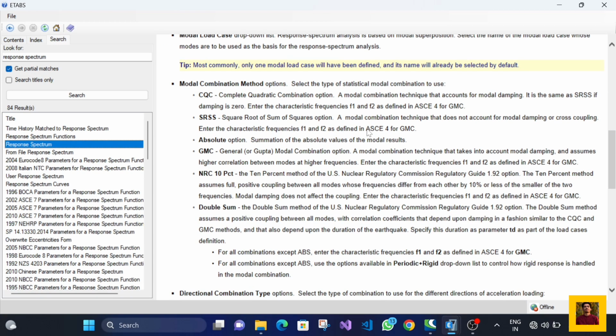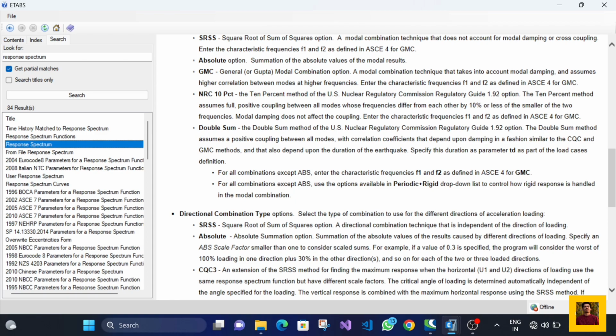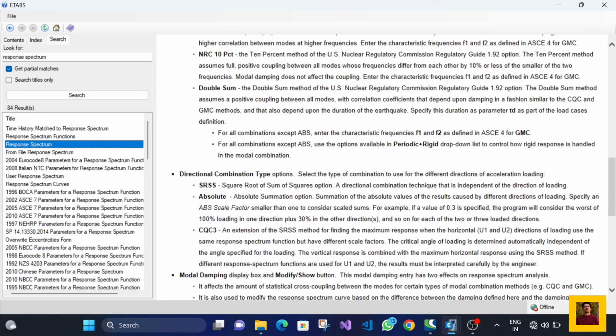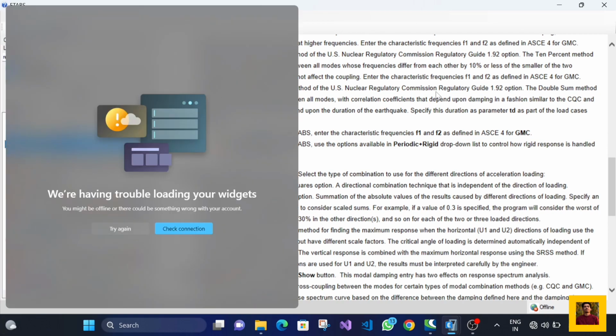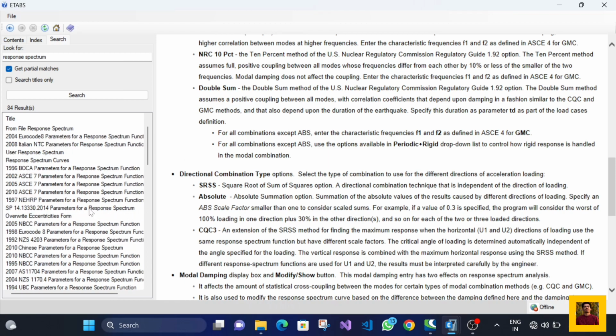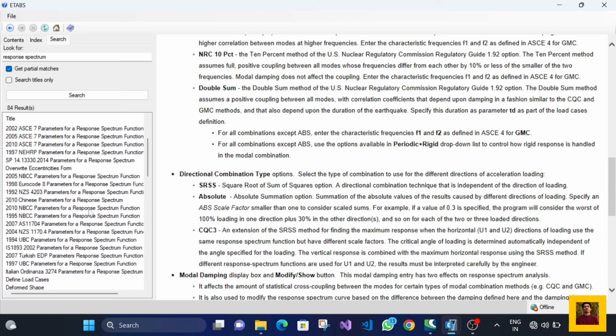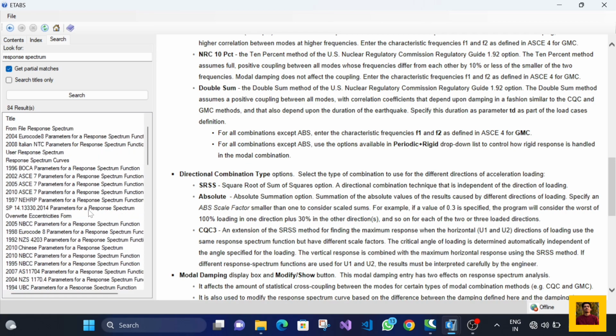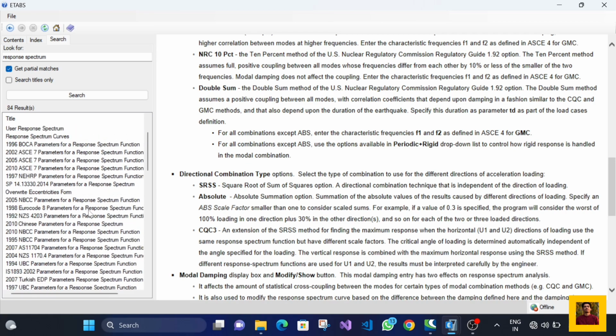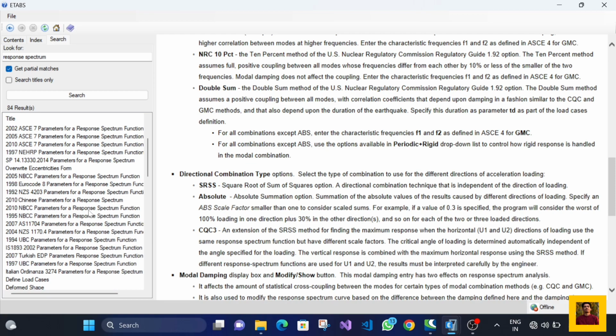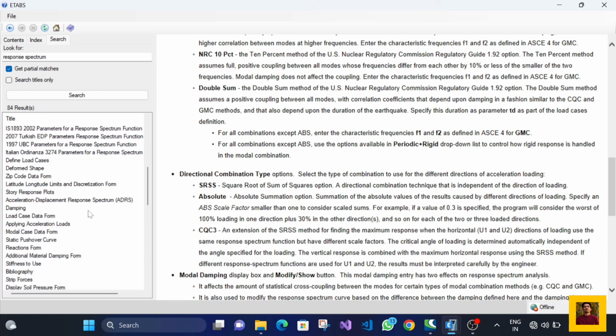As you can see, there are different modal combination methods, and their descriptions are given. There are also different directional combination types which you can study in depth for better understanding. These are the different methods which contribute to finding the maximum response